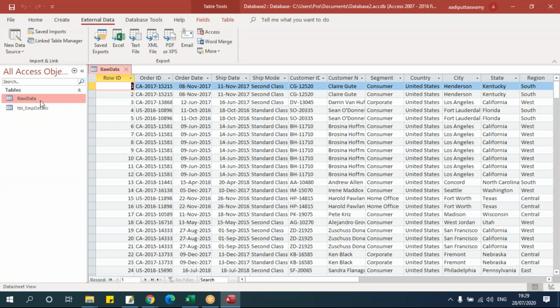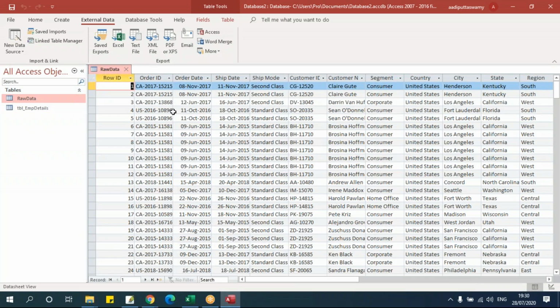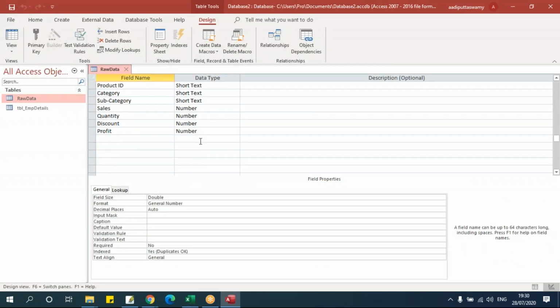Now if you go and check this, see, that table completely got imported, and here you can see the product name, and the other column which I selected not to import, the postal code, will not be available here. Now this is a table which we imported from the Excel sheet. There is no link between this table and the sheet we imported. Here also I can right click and say design view. See, all these columns will be available here. You can modify whenever I want.